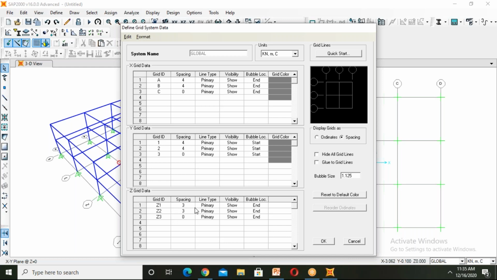And this is the story height. The Z direction is the story height. So the spacing between story to story is 3 meters.